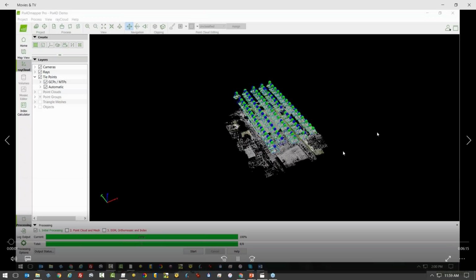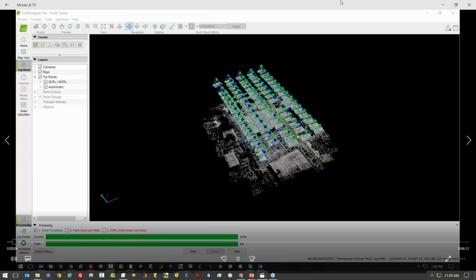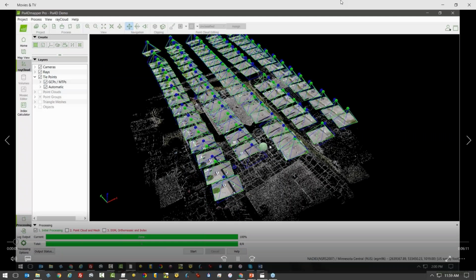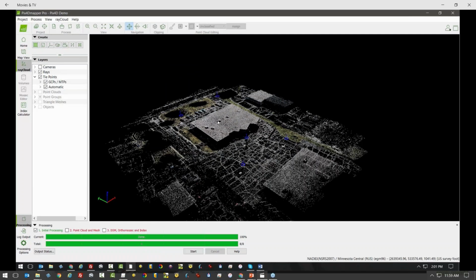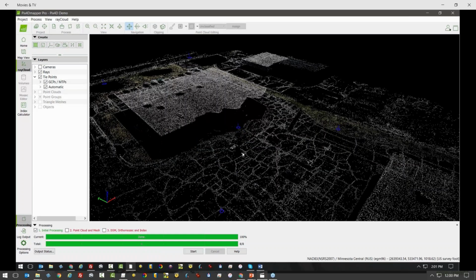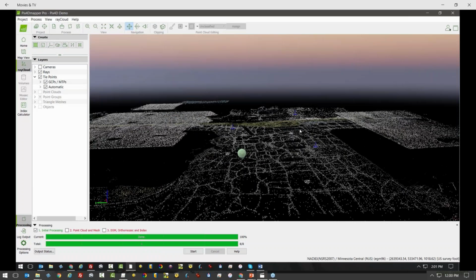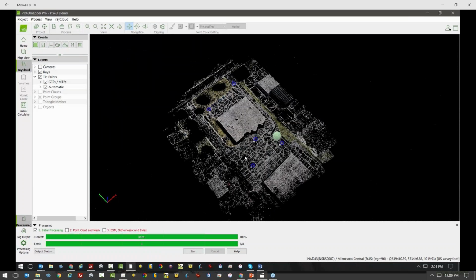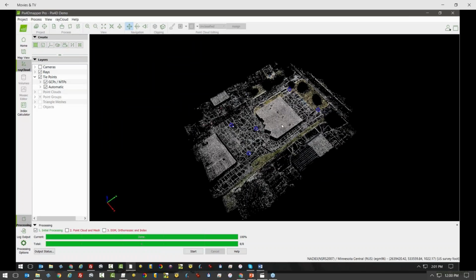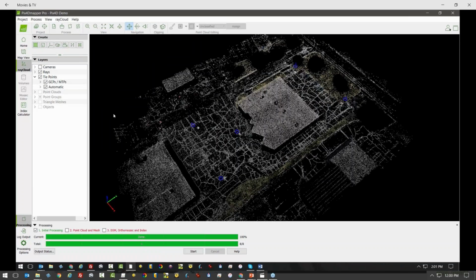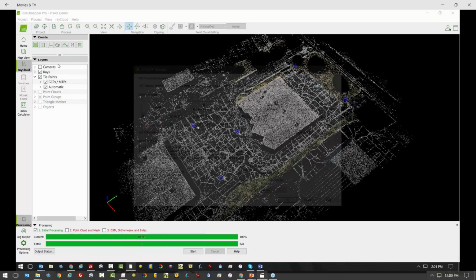The next one would be ground control points. This is a lot like the manual tie points, but I have my ground control point file brought in here, and you can see on the screen these little blue symbols floating around in space. You can see I have a little bit of a vertical issue, so I want to tie this down with my ground control points. The process is similar to the manual tie points, but I'm actually using hard data here, as you can see in my